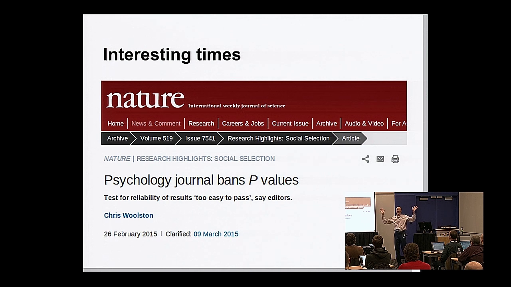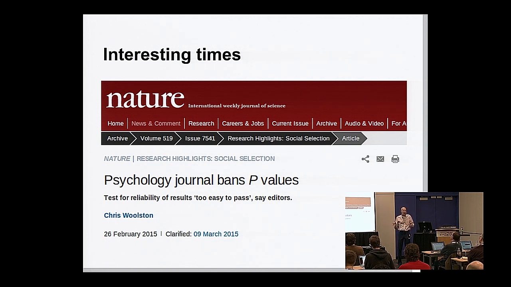And this, of course, sent a lot of shockwaves through the people who do these kinds of things. This is an article in Nature that's about the journal. So it's not that Nature banned p-values. It's that they're writing about a relatively minor journal that banned p-values, which might have been strategic on their part because now everybody has heard of this journal. It also might have been strategic because people have been talking for a long time about the problems with how statistical inference gets done, and nothing ever happens.